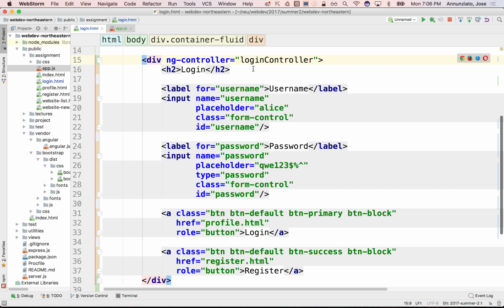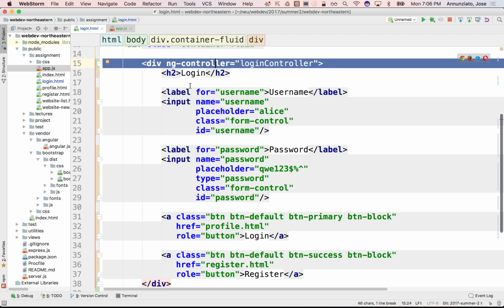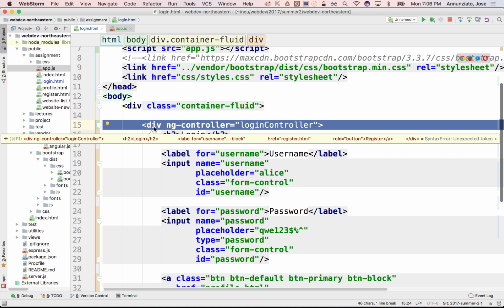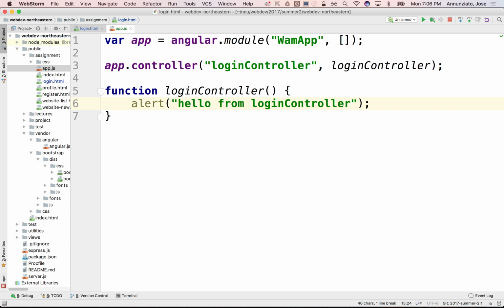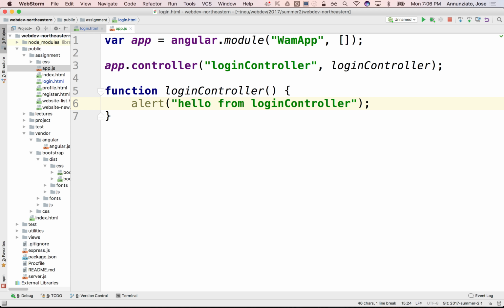So for instance, one thing is that the controller has a limited responsibility. It is only responsible for this div. It is not responsible for anything outside of this div. It is only bound to this div. It has its scope. It only knows about that portion of the HTML. So because this is the scope of the controller,